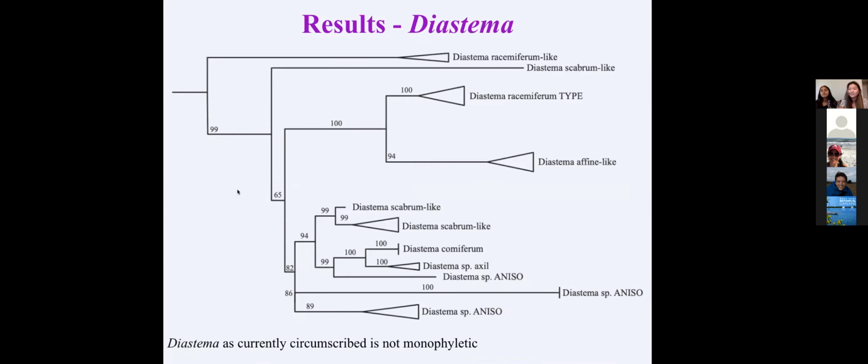This is a subset of our data that shows a detailing of one of the diastema clades. One thing to note is that all the names we have on here are most commonly encountered in herbaria. It just shows that there is a lot of confusion in how diastemas are identified. Also, each of the clades here represent 10 or more samples, even though in this form it may just look like one. On one of the bottom groups, you can see diastema species axil. There are more than 5 species within this group, and they all have axillary inflorescences, meaning that all the flowers come out between the stem and the leaf in the axil, and they're all new species.